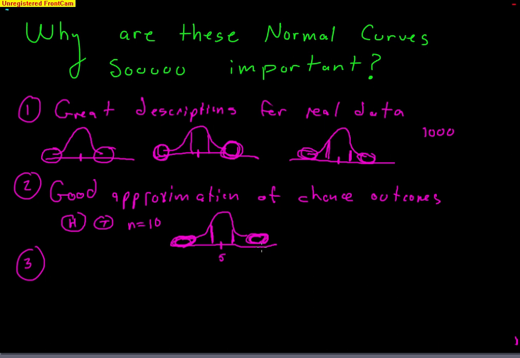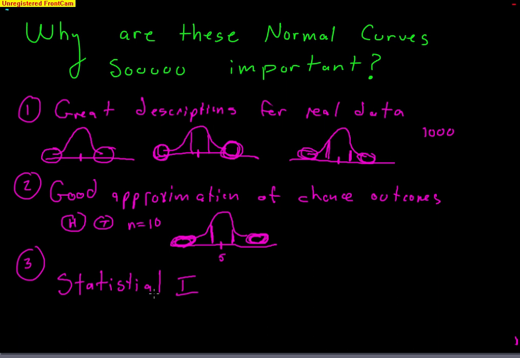You could get extremely high and extremely low, but the chances for that are extremely low. That's not going to happen in very many tosses of 10. And lastly, many statistical inference procedures are based on normal curves. So when we learn about statistical inference